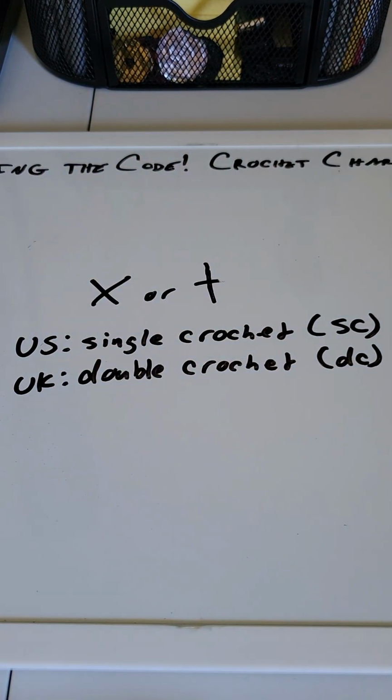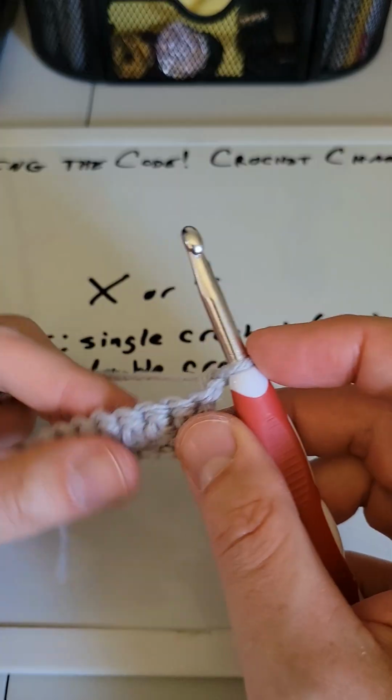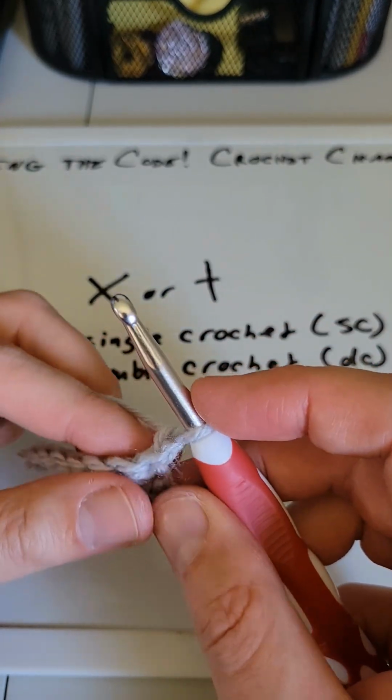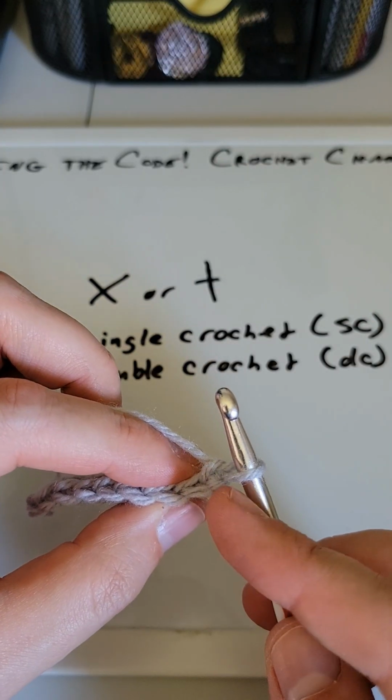There we go. It's kind of like a cross, but with the smaller bar in the middle. That is for your single crochet, or double crochet for those in the UK. All right, so to start a single crochet, again, you're going to skip the first chain from the hook, and then